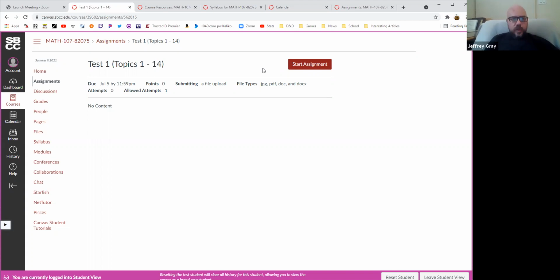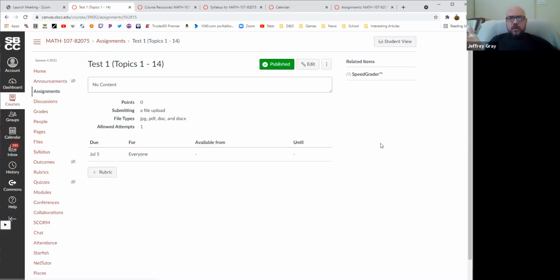The way you do the tests and the homeworks is to just do them on paper and then take a picture and upload the picture, and that's what I'll see. Some people have very exotic picture formats, so I've kept it to JPEG and PDF.